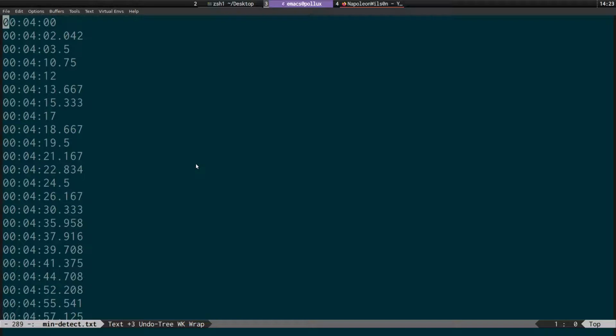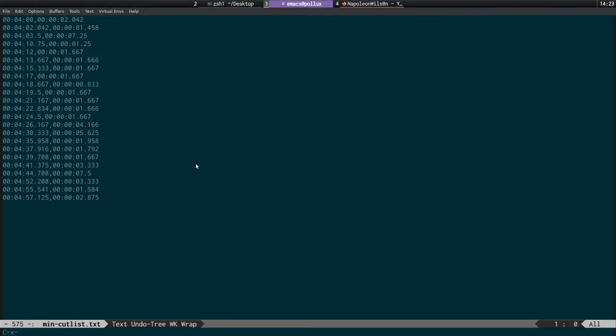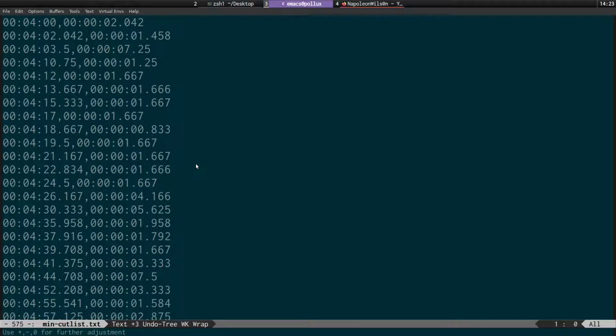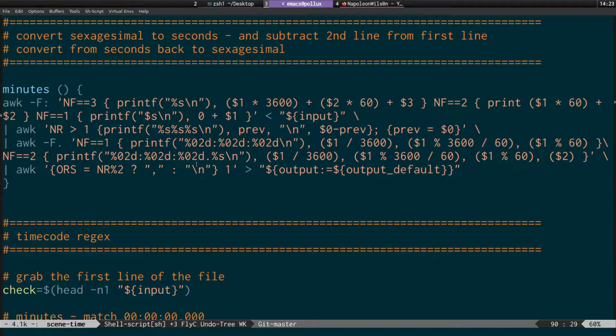We need to take the second line and place it on this line separated by a comma, so that the format looks like this: the start time, comma, and then the duration. And this took quite a while to figure out, but I came across a bit of code, and what this basically does is this